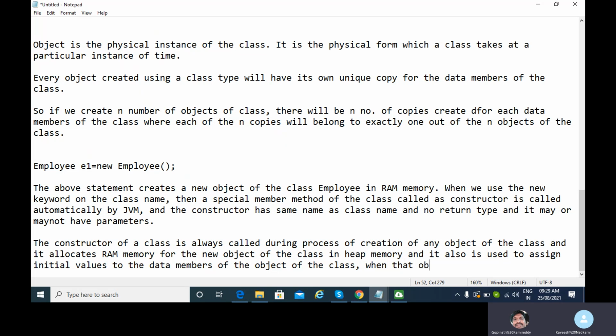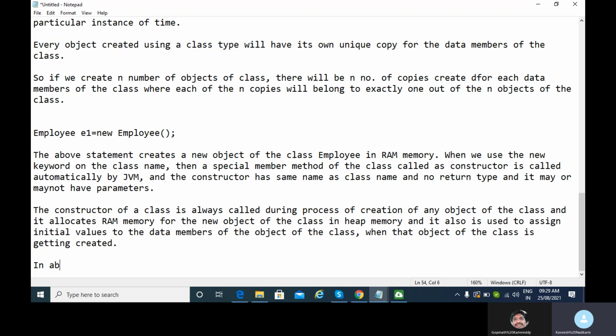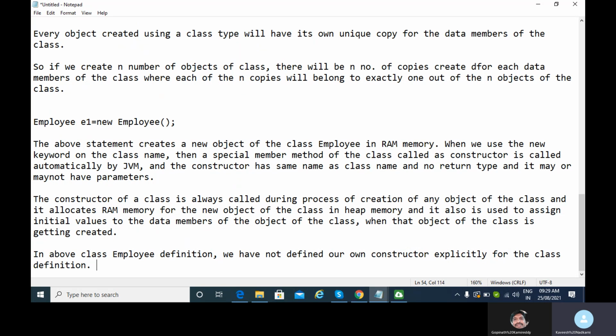When that particular object of the class is getting created. In the above class Employee definition, we have not defined our own constructor explicitly for the class definition, Gopinath.